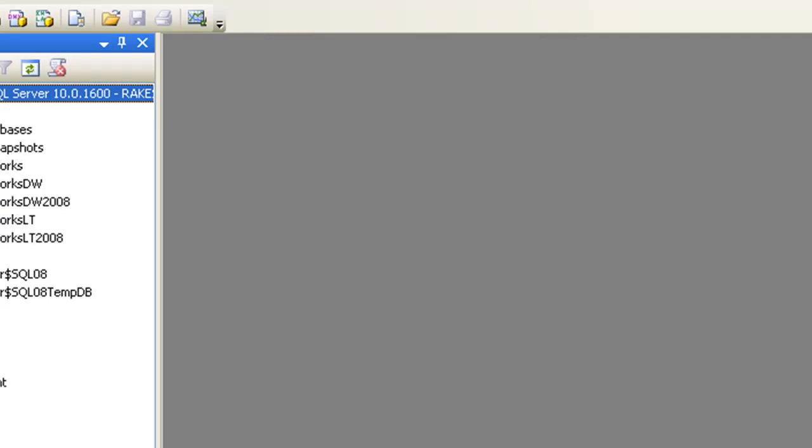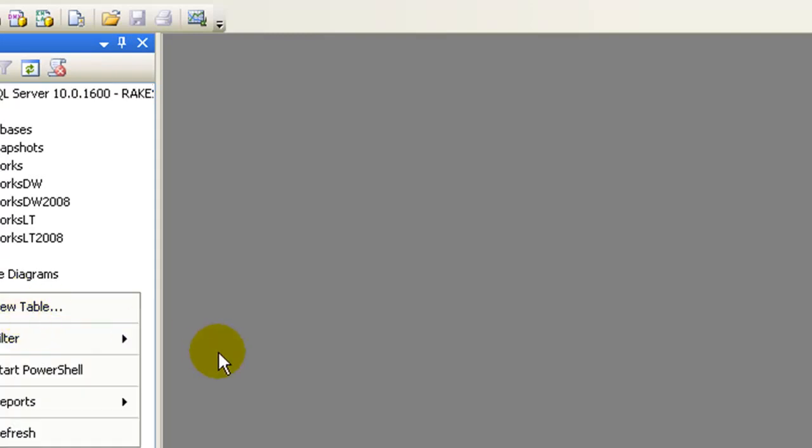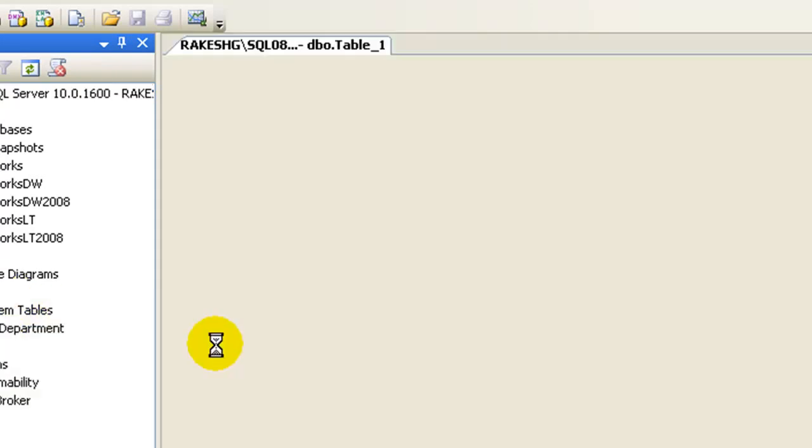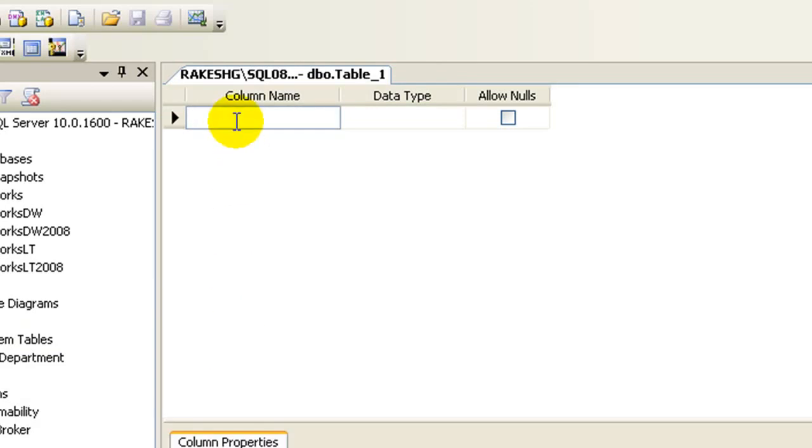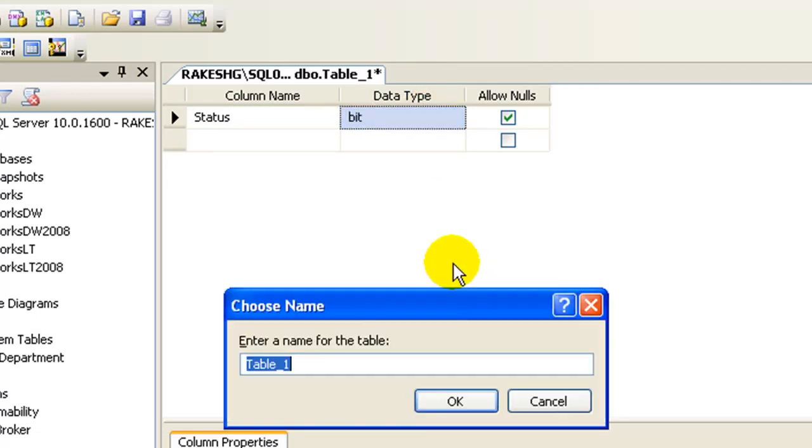I'll connect to my database engine, and what I'm going to do over here is create a new table called, say, status, and data type, say, bit.